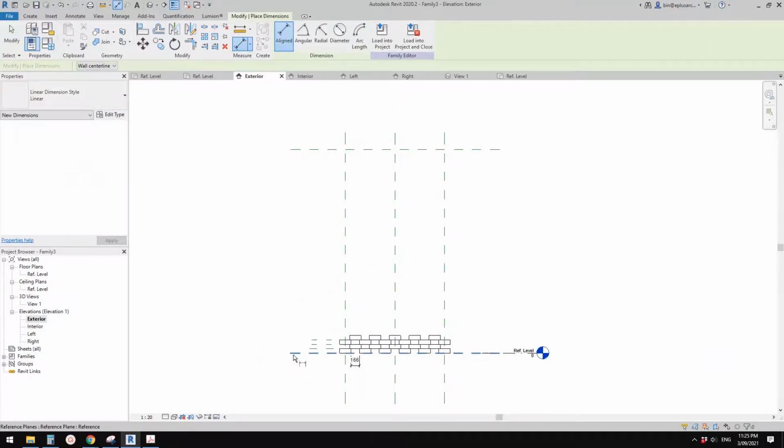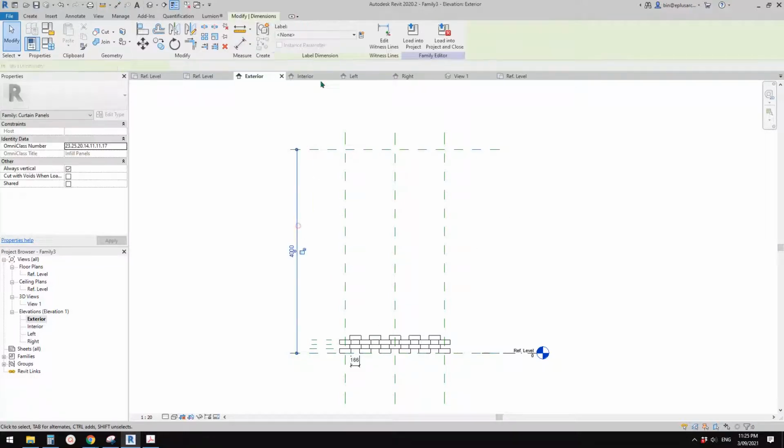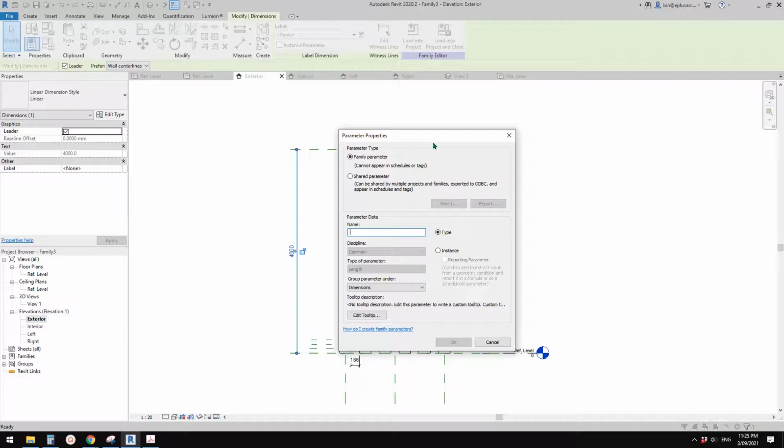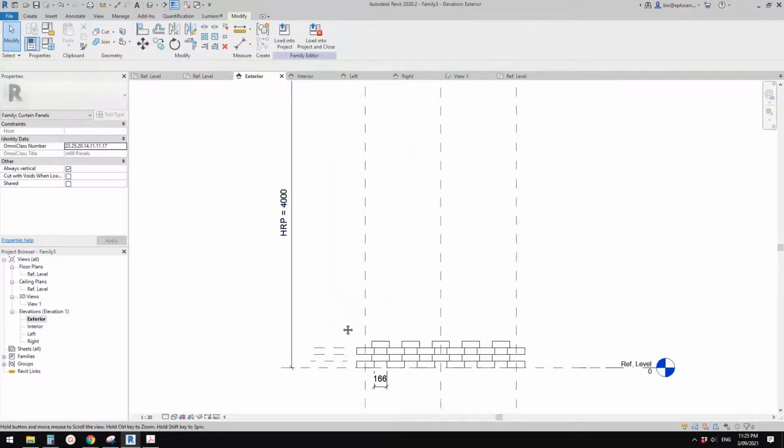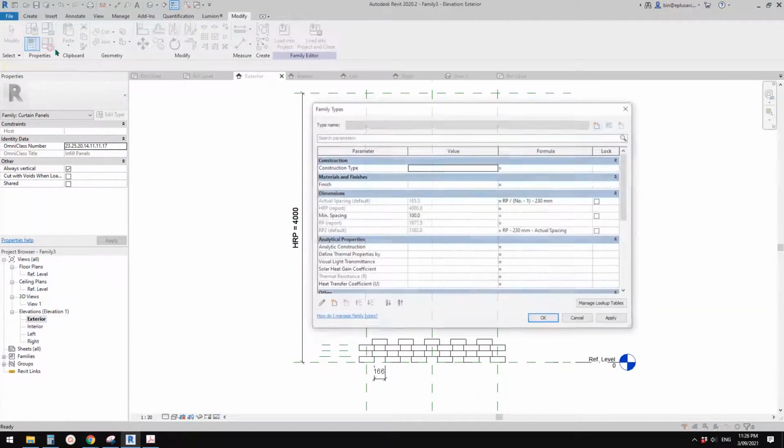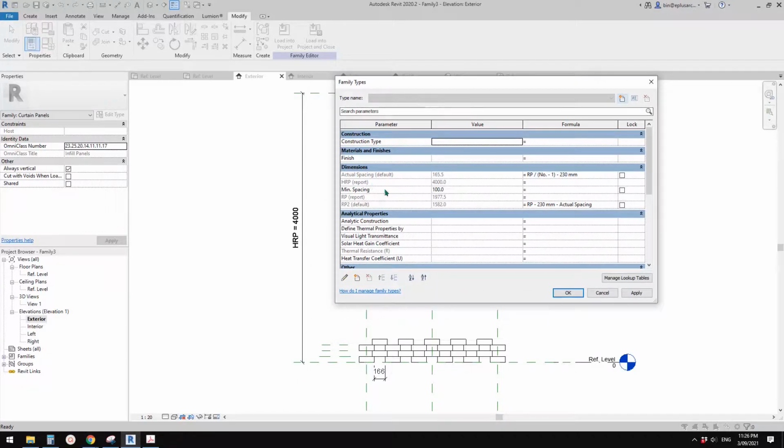Same as the width, we need to create a reporting parameter. I'll just call this H reporting. Okay, so H reporting, instance reporting, and then we can go to family types and use that H reporting to get